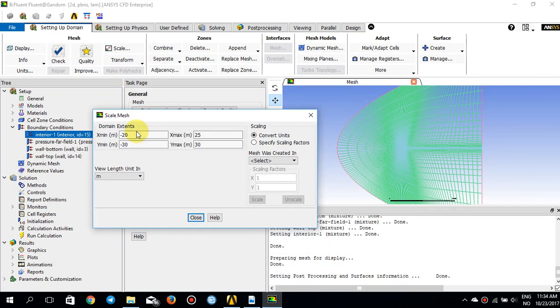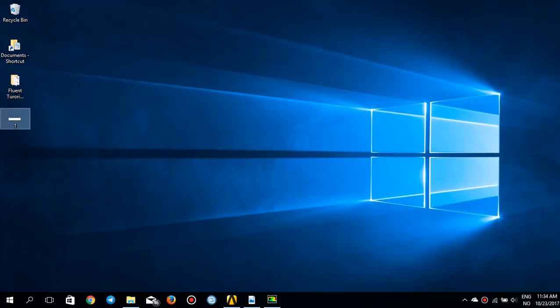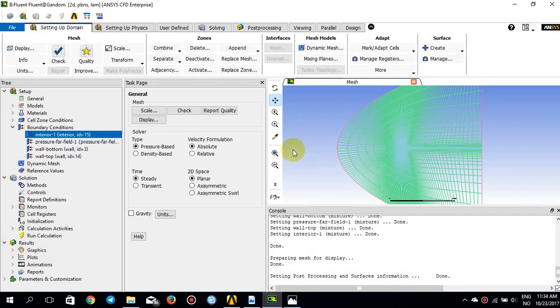scale of the mesh, the extent of the domain, is from -20 to +25 in X and -30 to 30 in Y. And if you look at the problem description, here is my problem description, you see this is the airfoil with a chord of 1 meter. The angle of attack is 4 degrees and the Mach number is 0.8, which implies that the flow is transonic. So if I go back to my Fluent, you see that the mesh is